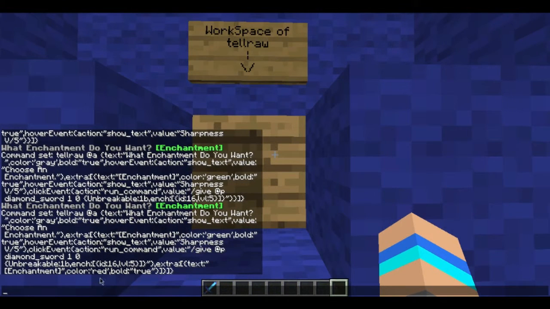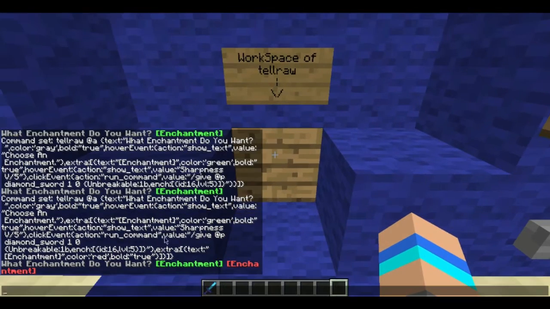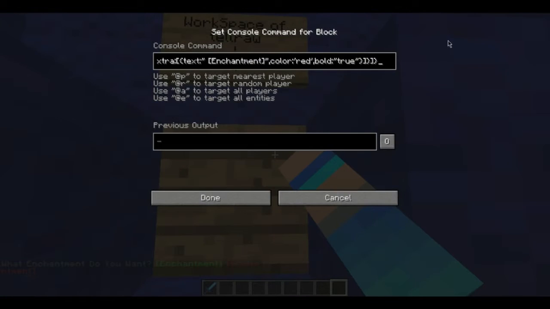So let's set that. So this is what we've made so far. As you can see, you can make really giant things. So you want to choose an enchantment, that's sharpness 5, and the other enchantment, it looks really weird, should have, so it's gonna have hoverEvent, action. So the action is gonna be show text, and then